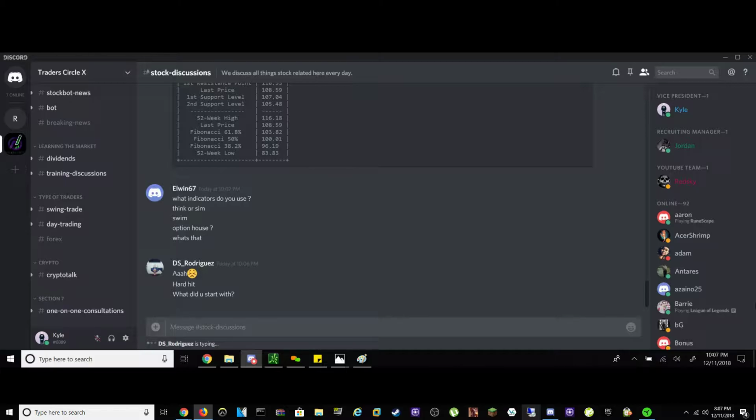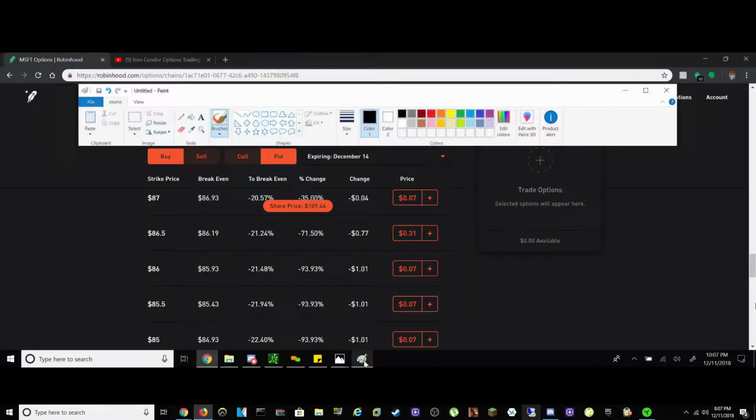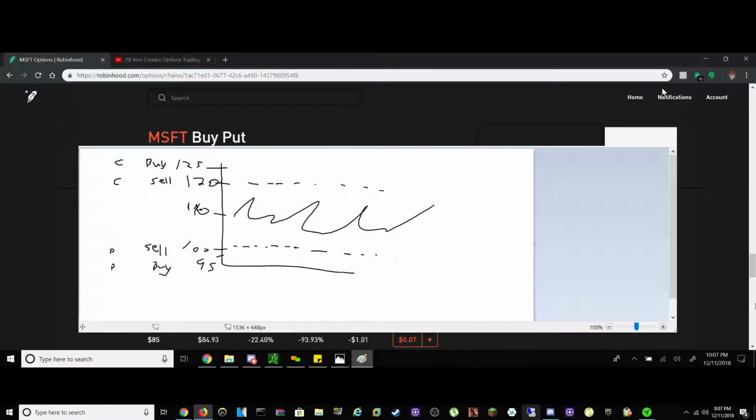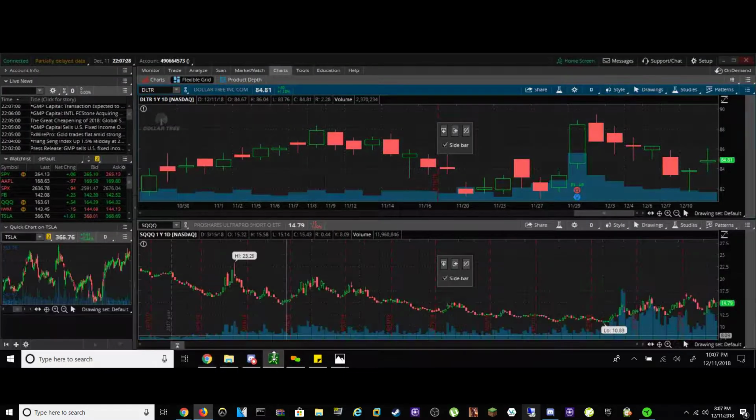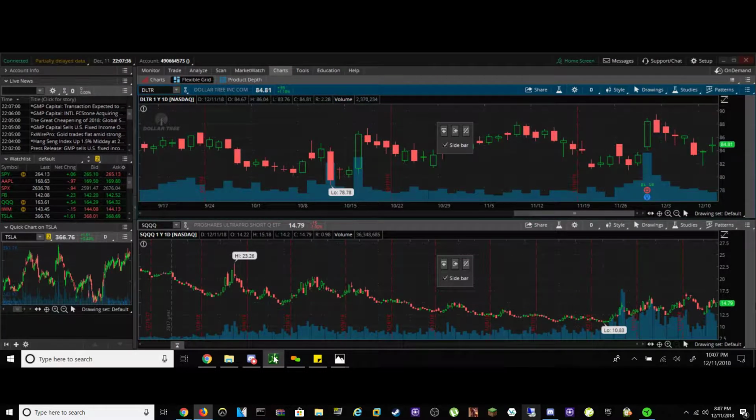How do you time when to buy calls or puts? Read your candlesticks. I'll even show you this one. Let me exit out of this actually. So let's go back here. When you look at a candlestick, let me zoom out. Okay. So the best examples I want to use are